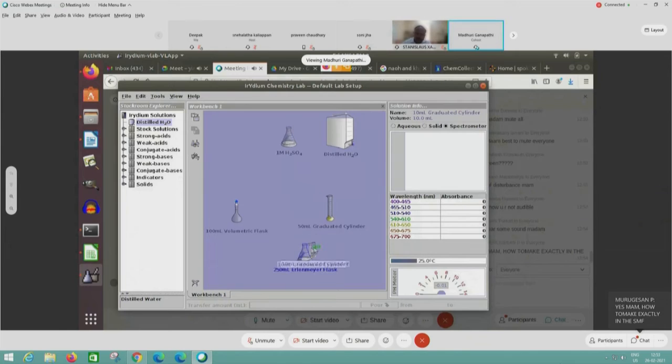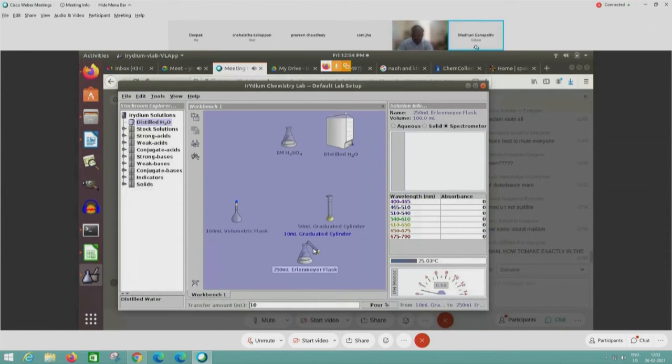Now add this 10 ml to the flask. And then add whatever we have into the standard flask. See the lower meniscus here.